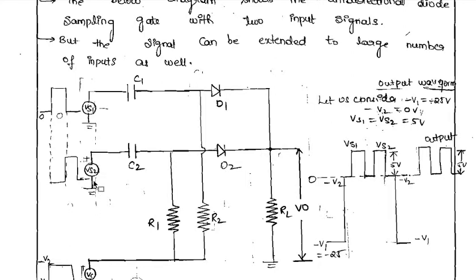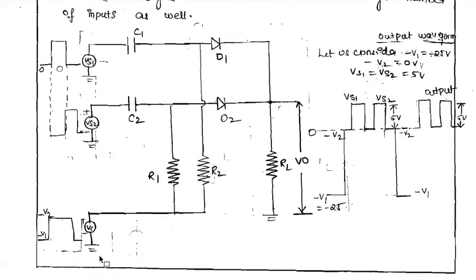In the previous class, I'll share the link along with this one, we used only one signal source or voltage source, from which you got only one input signal. Here, how many are we accommodating? More than one input signal, and it can be extended to a large number of input signals also. First condition: when the control signal is at the lower level of minus V1, it will be at the larger negative side.